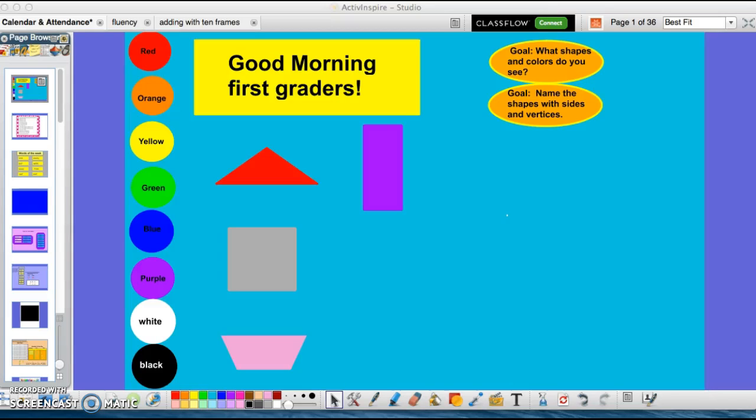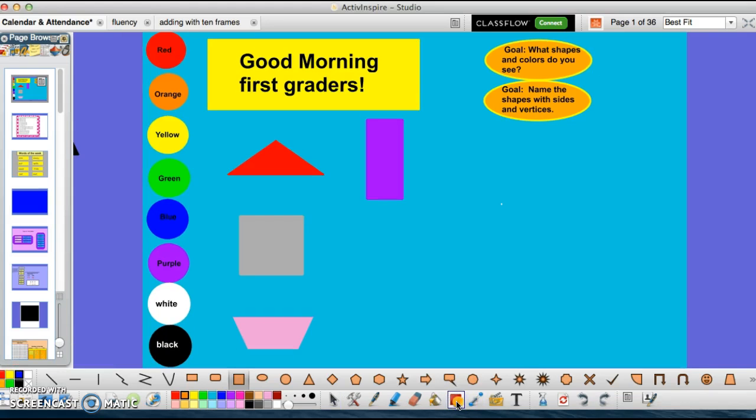Some of my absolutely favorite tools with ActivInspire are the Drawing the Shape tool and the Fill tool. These are useful for math as well as for some of the things that I do for reading. In first grade, not all of our students know all of their shapes. So at the beginning of the calendar time, we will go over the names of the shapes, such as a